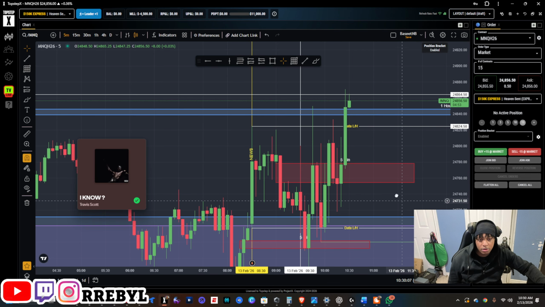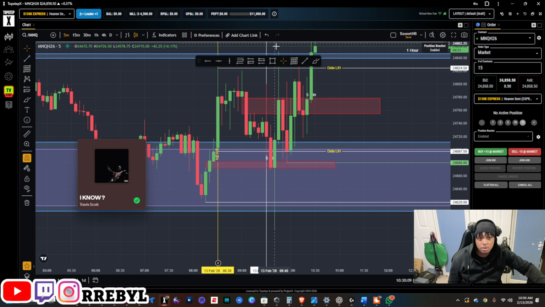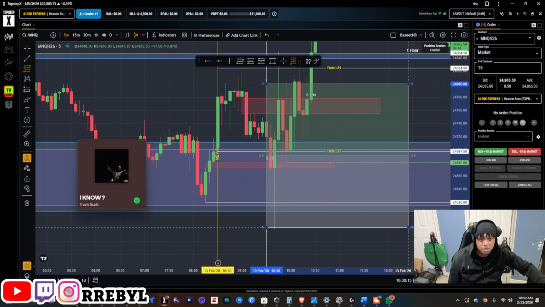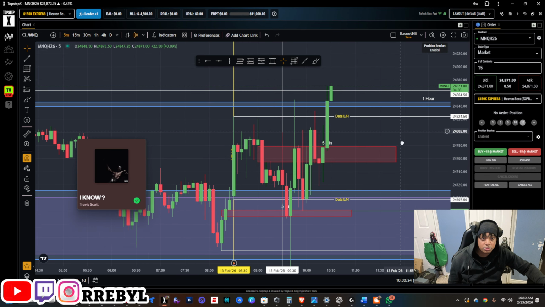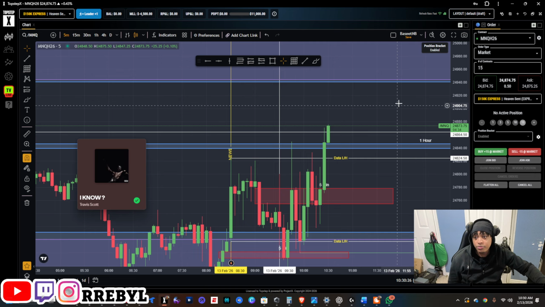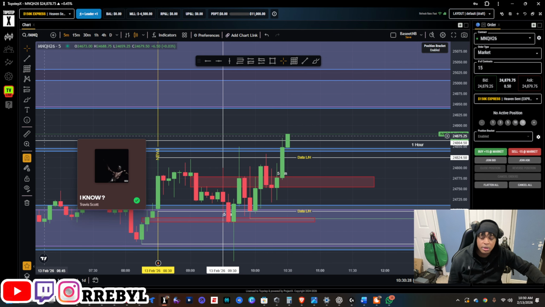I didn't have any confirmation, truly. Let me see this. I can't use this. Nah, that doesn't make any sense. It's supposed to be like this, yeah. And it just closed above it. So I truly would not have had a trade. So yeah, that's what we're aiming for. Hopefully we can get the reversal off of there. If we get some form of reversal, I'll play the video.